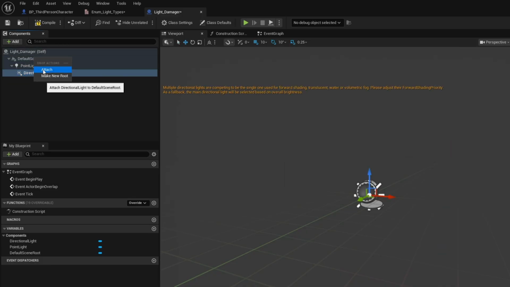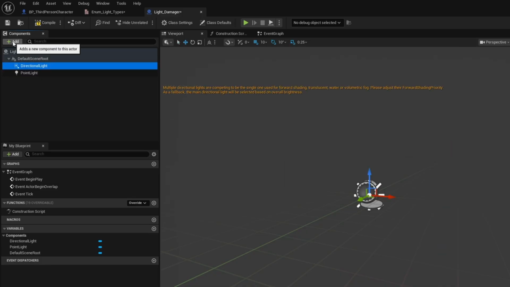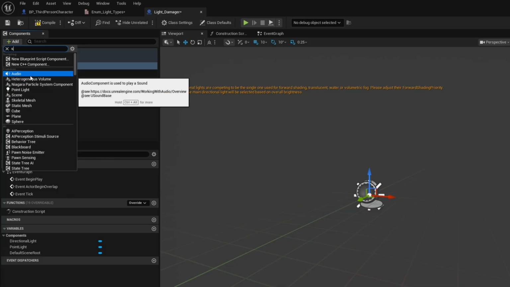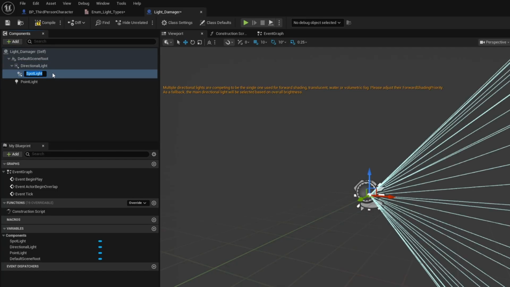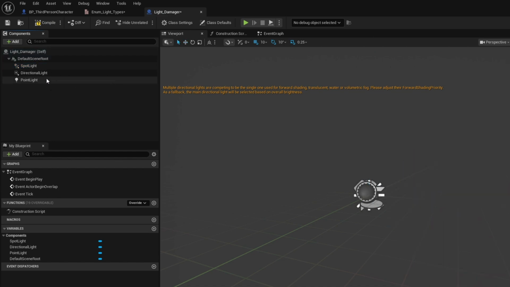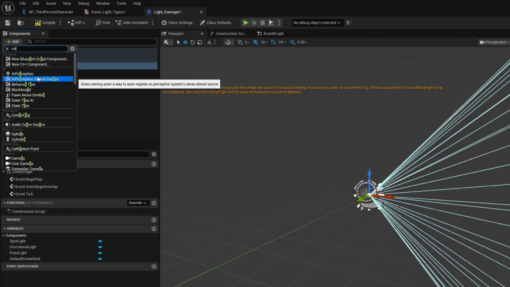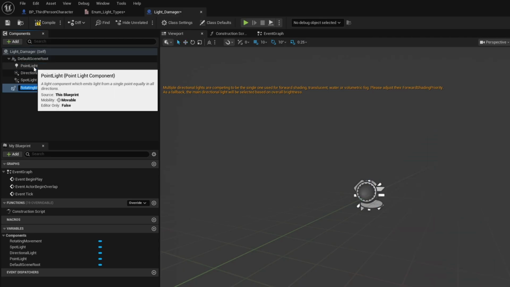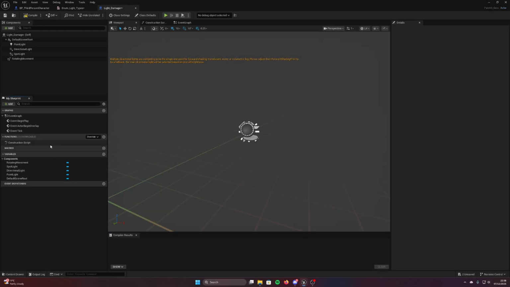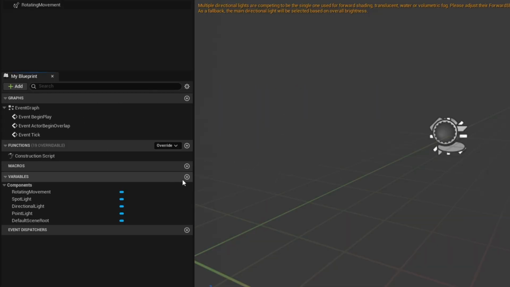And I'm going to drag that into the scene root and attach it. And I'm also going to add a spotlight, which I'll do the same with. There we go. So we have all three of these. And if you want the lights to be able to rotate, I'm also going to add a rotating movement, but you don't have to. The variables you're going to need to create in this blueprint will be